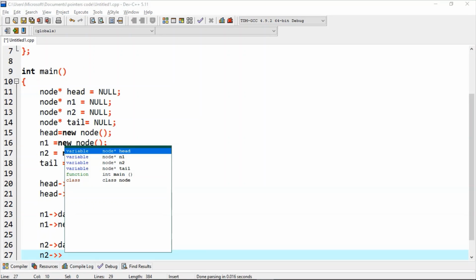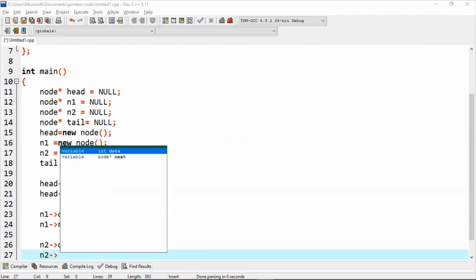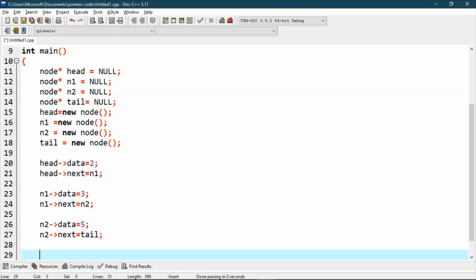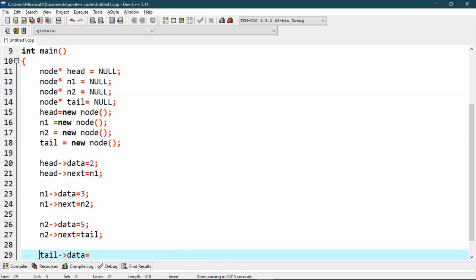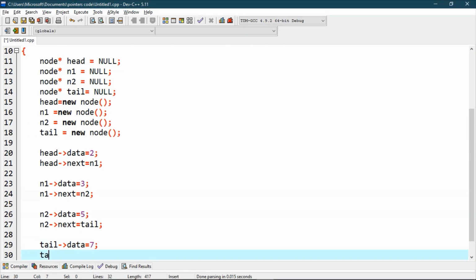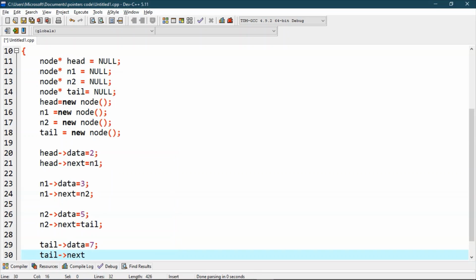N2 arrow next is equals to tail. Now tail arrow data equals to 7, and tail arrow next is given null.